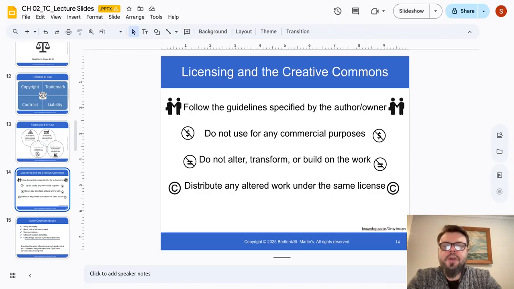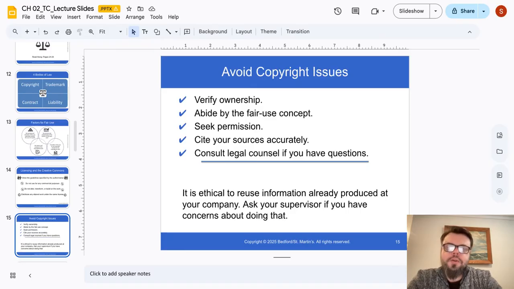So what should a responsible professional do in real life when pulling in outside content? The chapter gives some practical guidance. First, verify ownership. Don't assume a graphic or passage is safe to use just because it's easy to copy. Second, respect fair use, but don't stretch it. Fair use is not a loophole to rely on large amounts of someone else's work unless it's legitimately your organization's own reusable boilerplate. Third, seek permission when needed and do it in writing. Many organizations will charge, and that's normal.